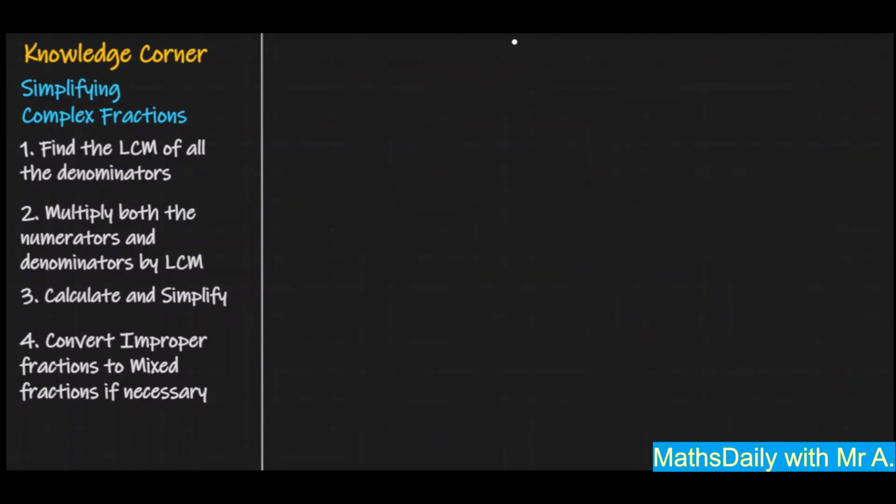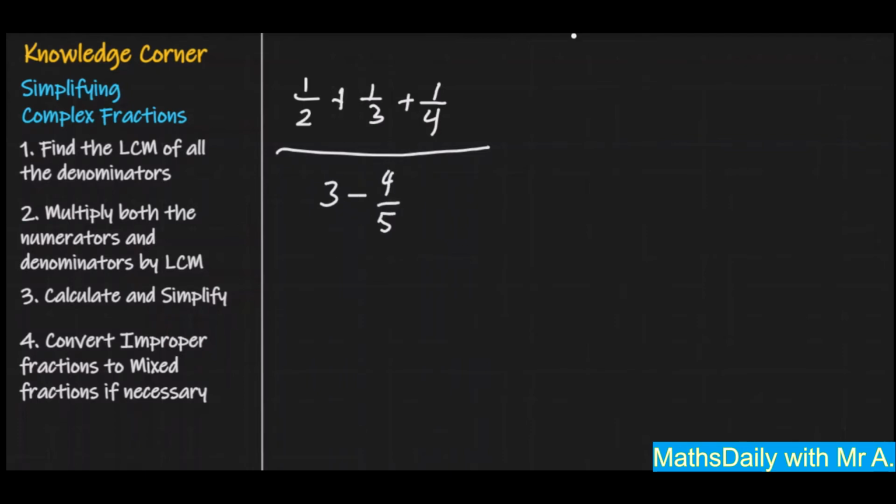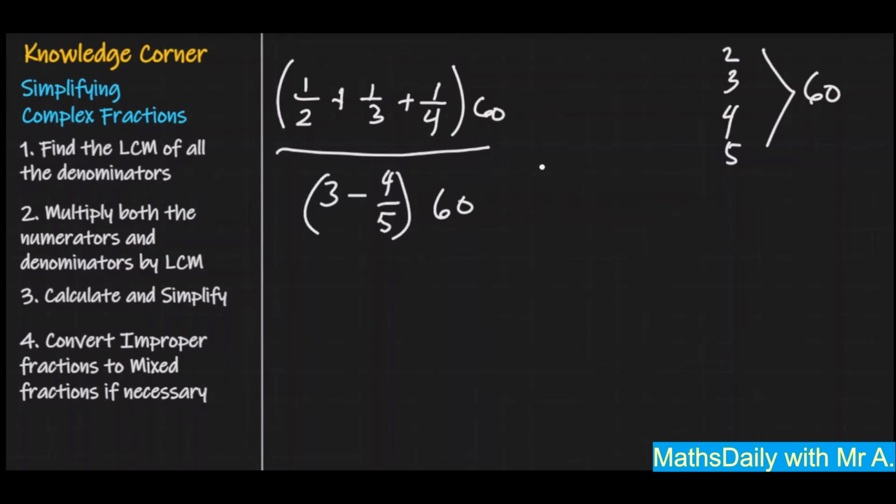Moving on to our next example. 1/2 plus 1/3 plus 1/4 divided by 3 minus 4/5. Now let's find the LCM of 2, 3, 4, and 5. What is the LCM of 2, 3, 4, and 5? LCM is 60. Now let's multiply the numerators by 60 and the denominators by 60. So this will give us